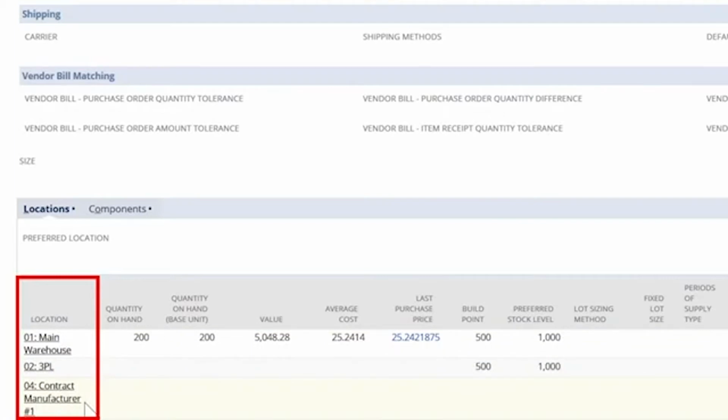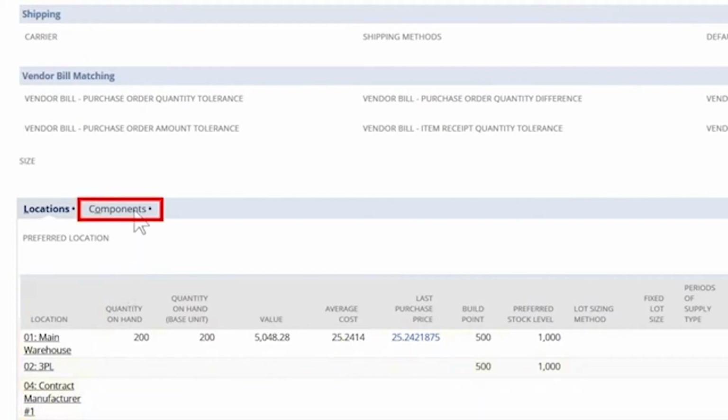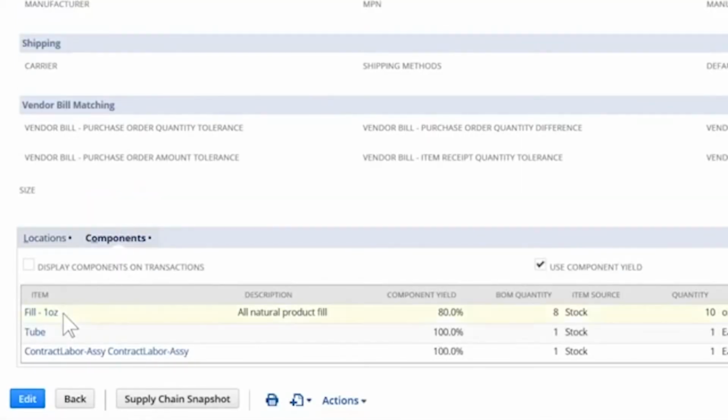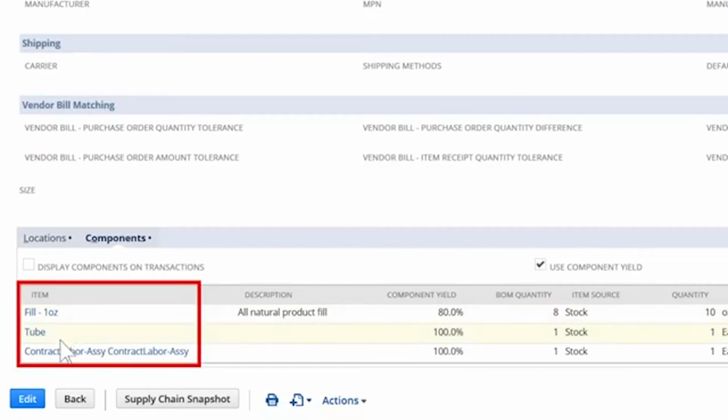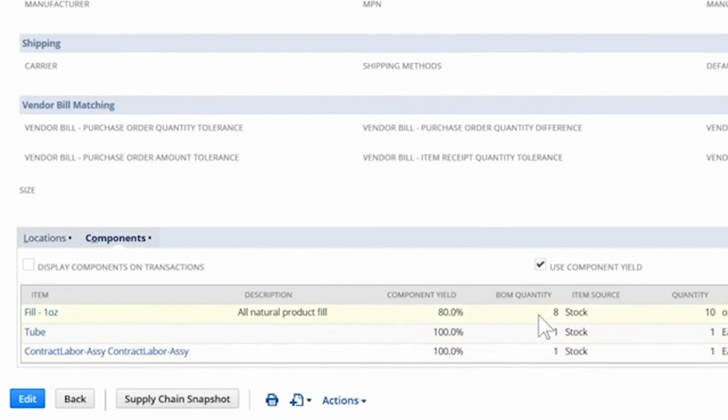transactions across all locations. Another key element of the Work Orders and Assemblies module is the Components subtab, which allows me to choose any number of child items or components to the parent item. In this example, my moisturizing lotion. Each component requires a bill of material quantity that designates how much of each component is required to assemble a